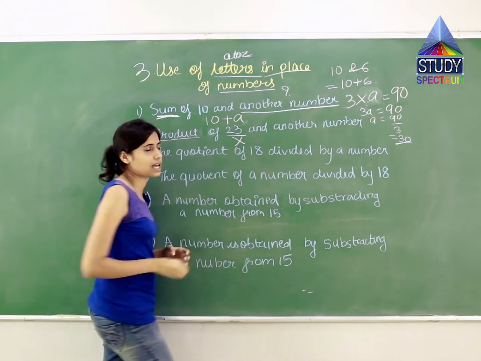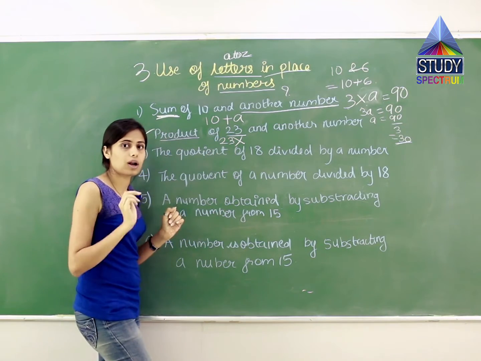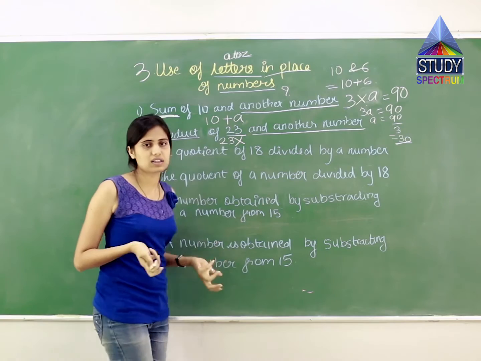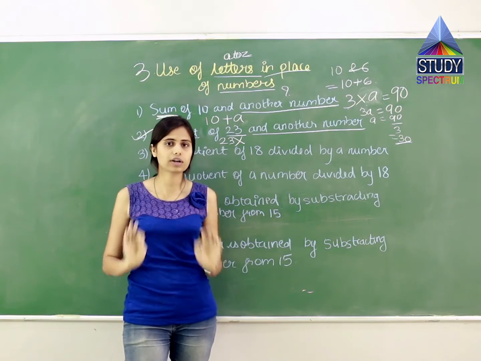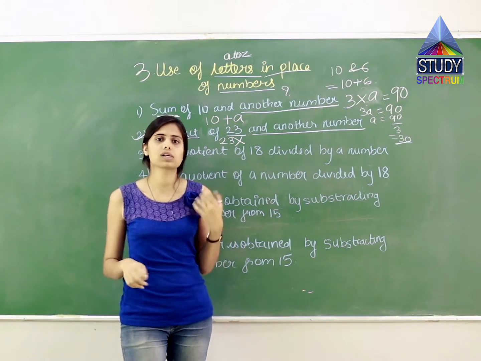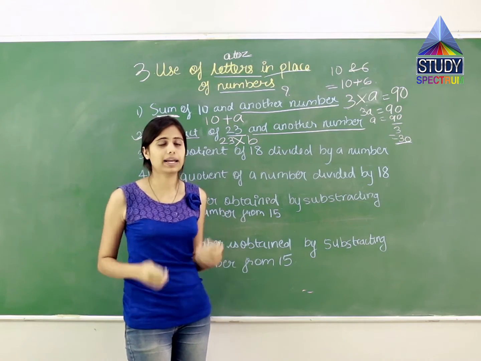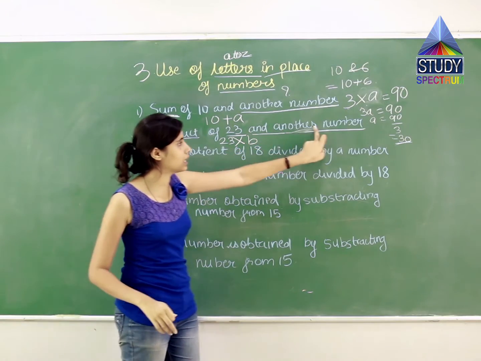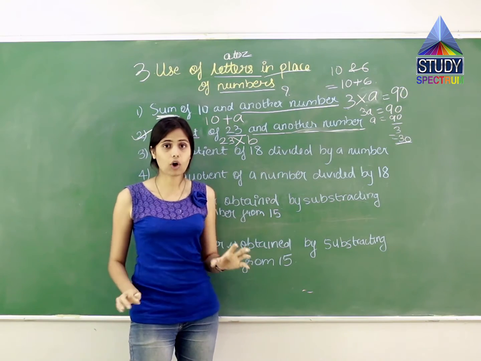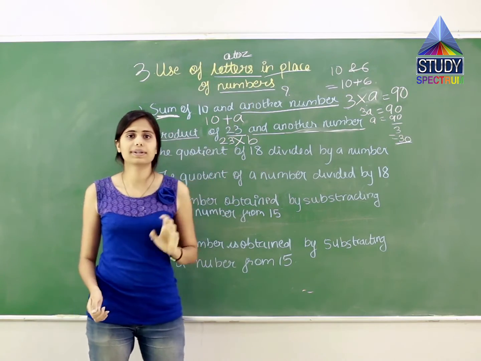The first number over here they say is 23. Product of 23. So what will I write? 23. Product means multiplication. And another number. But what number? Do you know what number we have to multiply? No. So what we will assume is the another number is suppose B. Over here I am writing B. You can write A to Z, any alphabet, any letter. So over here I have replaced the another number. I cannot write another number. 23 multiplied by another number sounds a bit odd. So instead of that number we have replaced it by a letter. That is what we are going to do in this chapter.